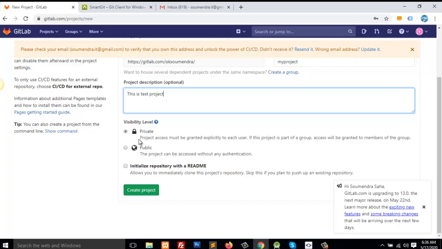If you select private, then only you can access this project, and if you give access to some members, then they can access this project. But if you select public, then anyone having the repository URL can access this project. So let me make it private, and I will create the project.